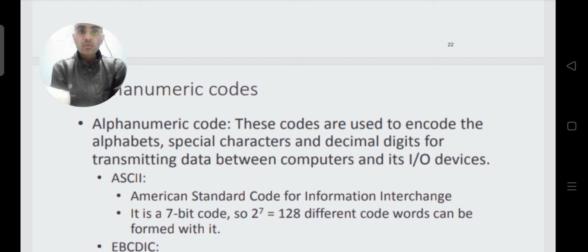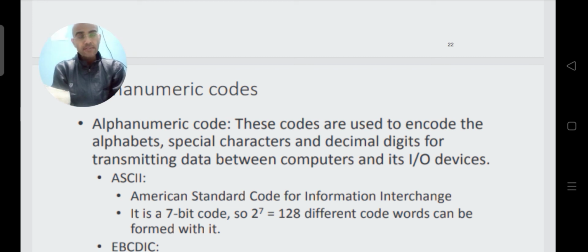They also encode some special characters, like star, hash or something else. So these are the code words which encode not only numeral values but also alphabets and some special characters. This type of code is called alphanumeric code.